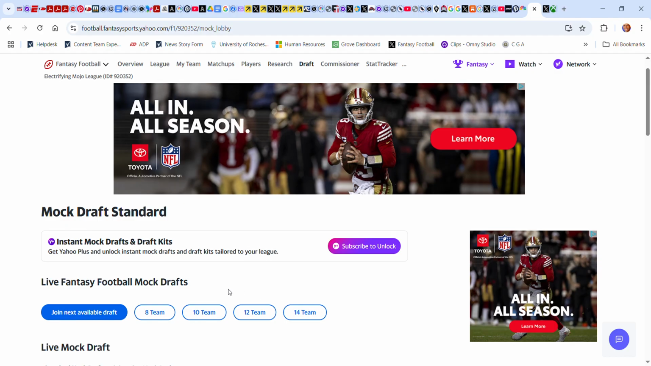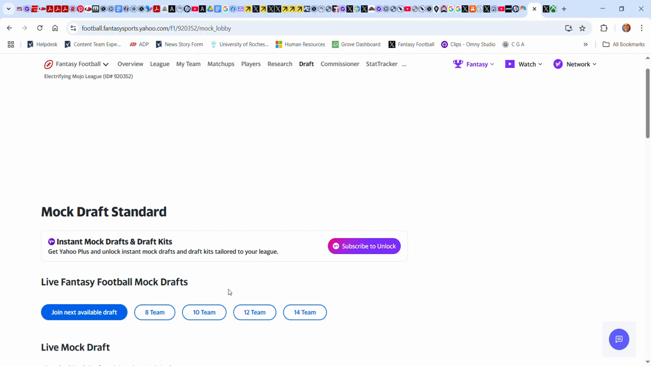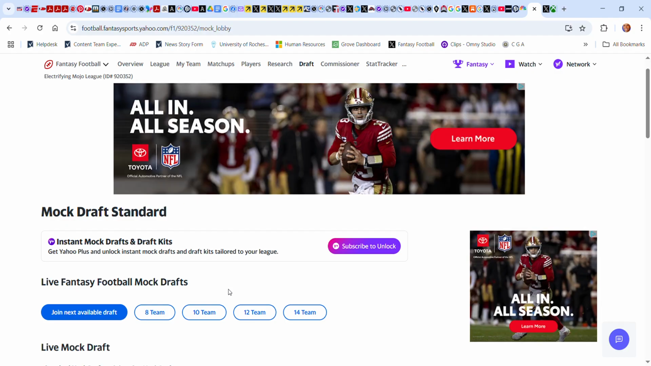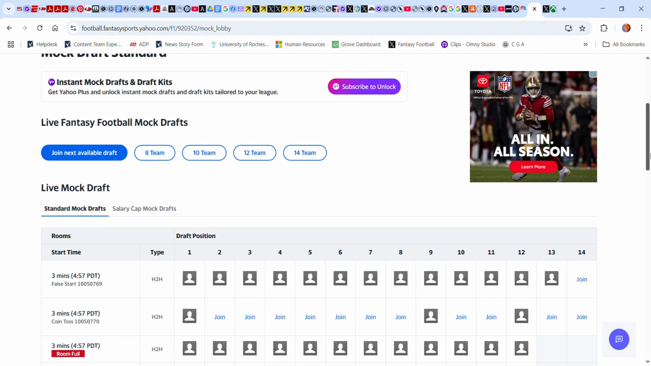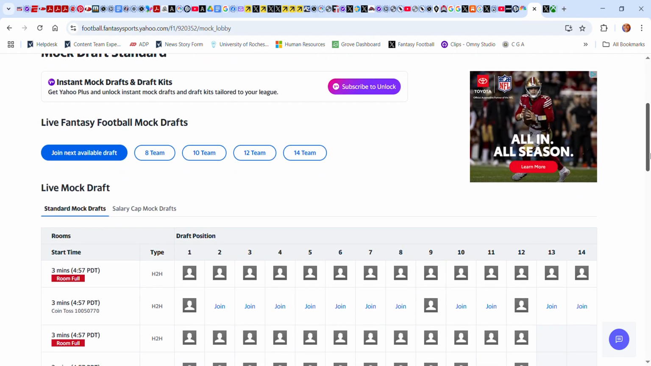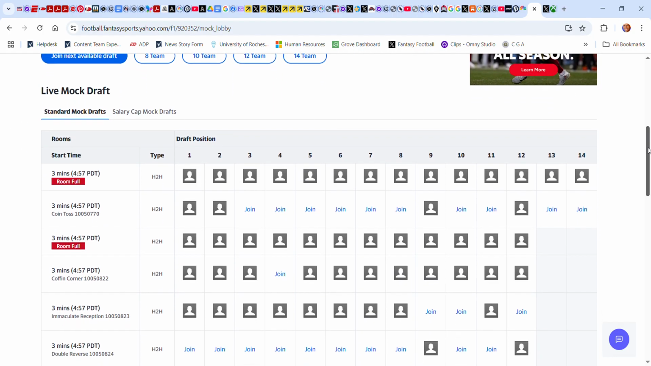I sent you guys our draft positions in our text thread earlier, and it is also notated somewhere here on the page, because I've already told the system what the positions are, so it knows. So what you'll want to do, again, is skip this join available draft thing, and go down and look at